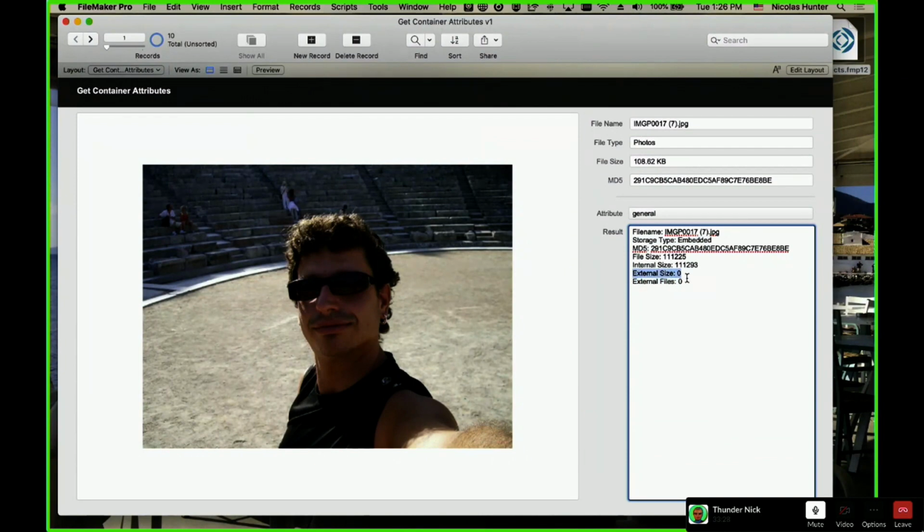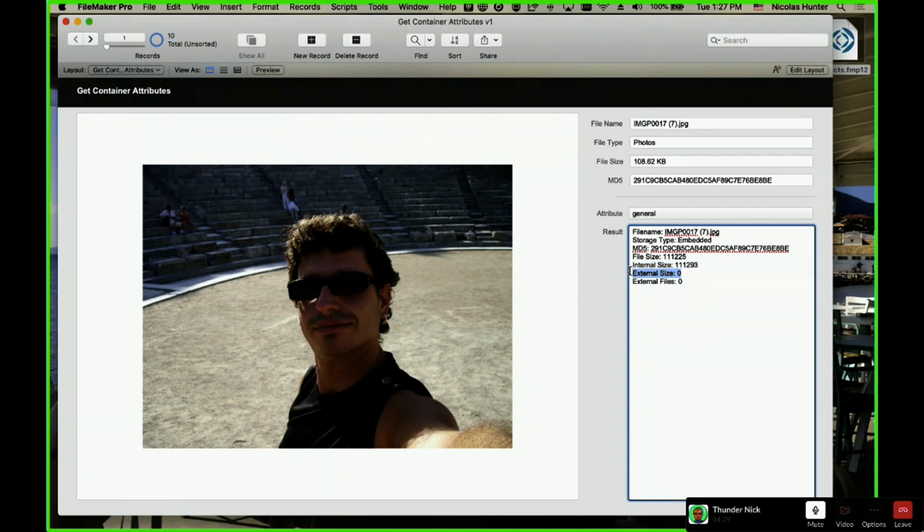I'm not going to explain too much what external size and external files mean, but this is an internal size. You have the file size here, right? The internal size is a little bit bigger. On the file size, you have multiple file sizes. You have two, okay? Actually, you have many. You have the file size itself.